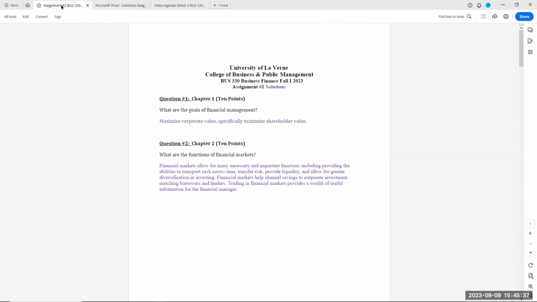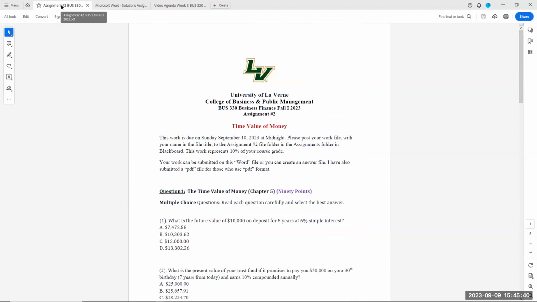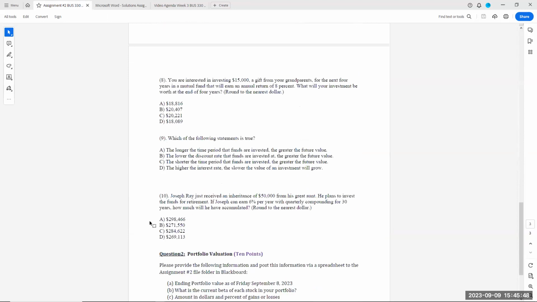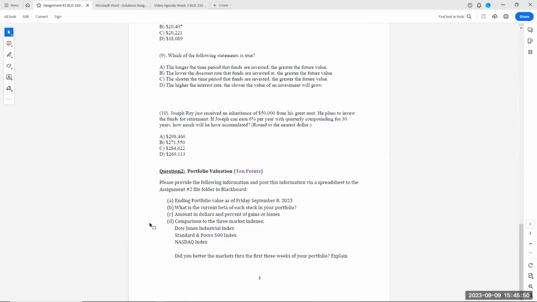You do have assignment number 2 this Sunday, where I'm asking you to do some calculations about the time value of money. And also I want you to update your portfolio as of Friday, September 8th, and to find an additional bit of information, the beta of each of the company stocks in your portfolio in that specific column. You do not have to locate dividends. You'll be locating the dividends of the company during the update of your portfolio for the final examination. Not until then do you need to worry about dividends.